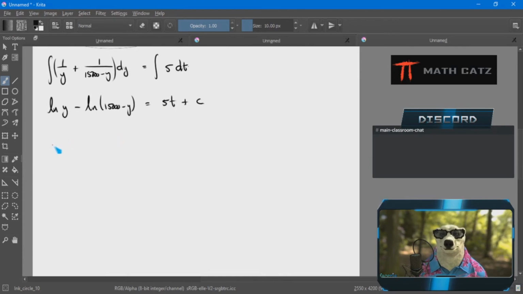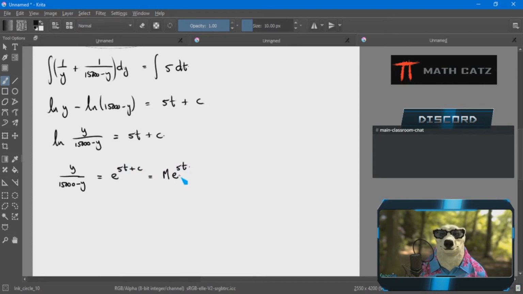I'm going to merge these two logs with the appropriate log property, and then I can get the y fraction out of the log by rewriting it to the exponential version of the equation. I'm going to go for a more convenient